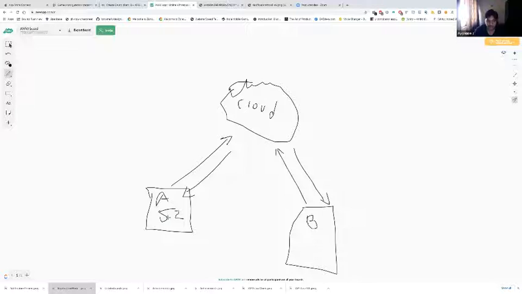Whatever data was saved locally will be pushed to the cloud, and the cloud will have data about level 52. When the user jumps onto device B and connects to cloud services, it will download the copy from the cloud, and level 52 will be over here, so that he can start right from level 52 instead of starting from scratch again.